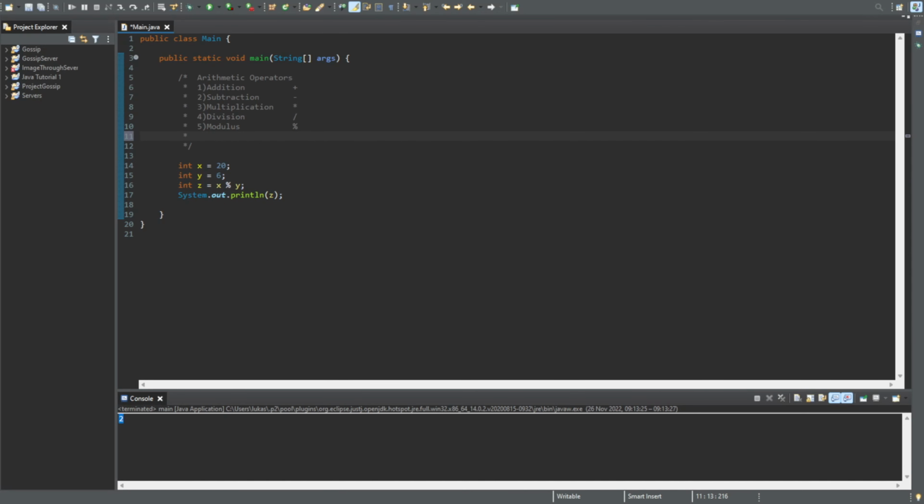Next one we're going to have is the increment, and that is a plus plus. You can kind of guess what this means. It will increment any value by 1. So let's say we have the value x, and we just want to increment it by 1. All we have to do is x plus plus,